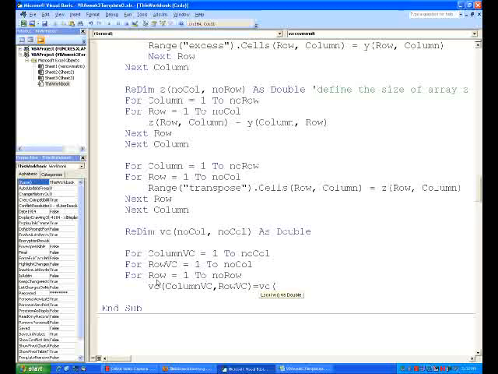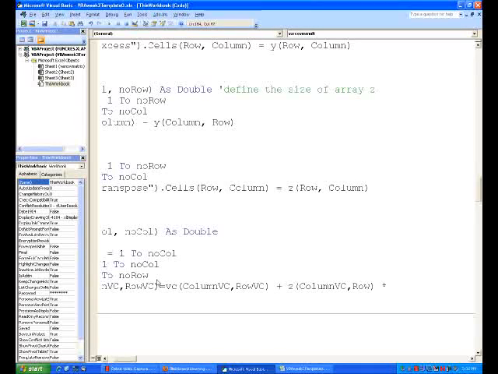We want it to do each column, get the previous VC, and add the Z, the transpose,